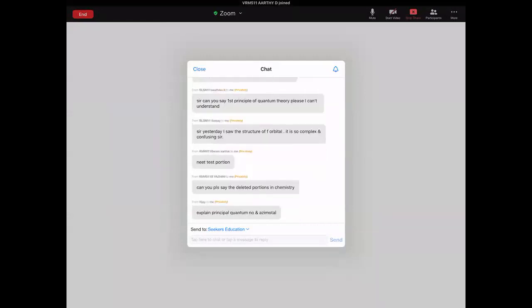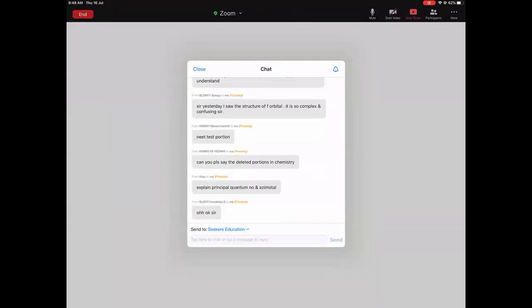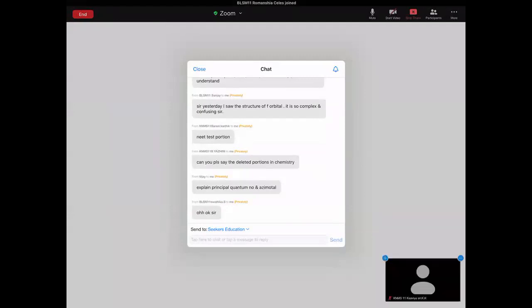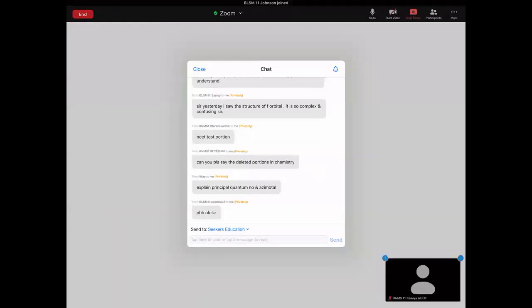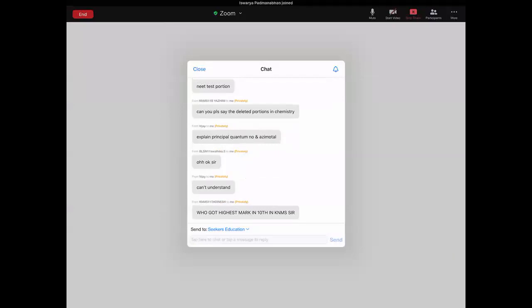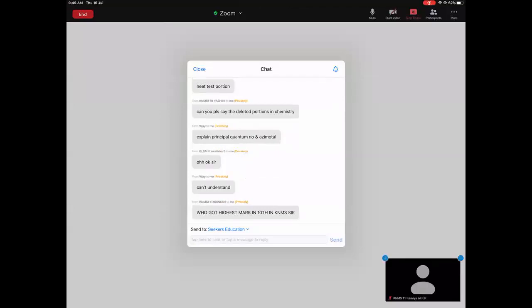Hey, there is no portion which is deleted. The government is only fooling each one of you. The government has sent a circular saying that please don't stop teaching the deleted portion. The deleted portion is the only thing that will not come in your exam. In your 11th anyway, you don't have a board exam. So all these questions I don't answer.